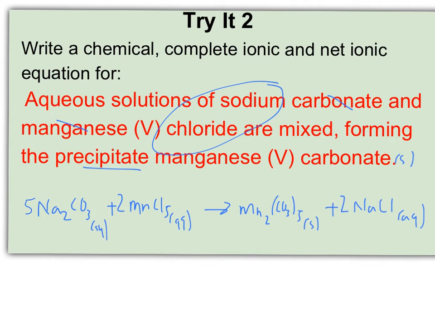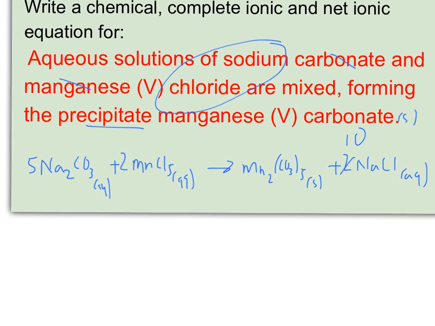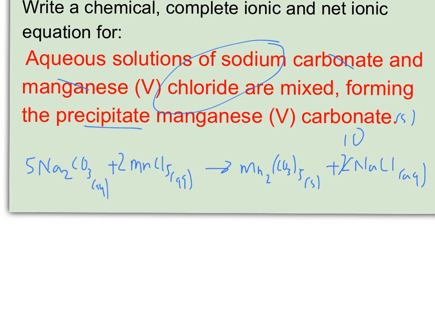my Na now has gone up to 10, so I'm going to have to come back and change that metal to a 10. And that works out just fine because now my Cl is 10. So if I just double check, I've got 10 Na, 5 carbonate, 2 Mn, and 10 chlorine, and that matches my product side. So then moving on to doing the complete ionic equation, my aqueous things have to split into